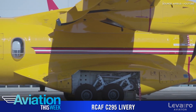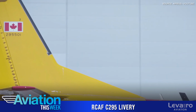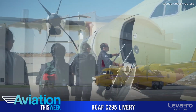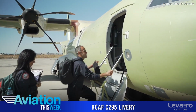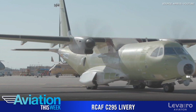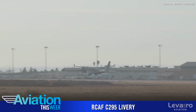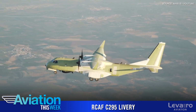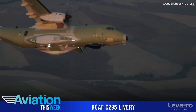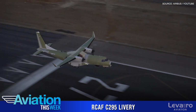Another 6 aircraft are either completing flight tests or in various stages of final assembly, and 7 simulators and training devices are starting up preliminary acceptance tests. The contract between Airbus and Canada, awarded in December 2016, includes 16 C295 aircraft and all in-service support elements, including training and engineering services, as well as the construction of a new training center in Comox, BC, and maintenance and support services. Airbus notes this program is supporting approximately $2.5 billion in industrial and technological benefits to Canada through long-term